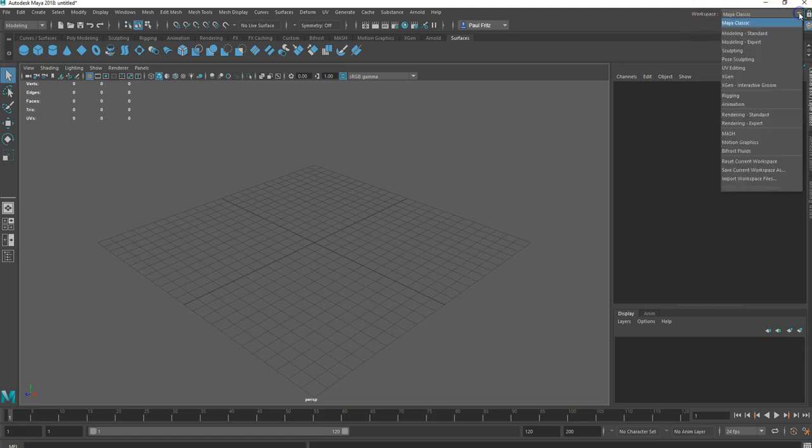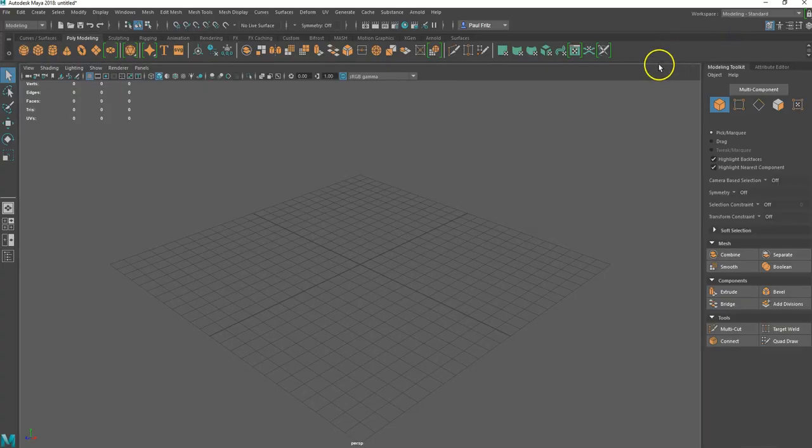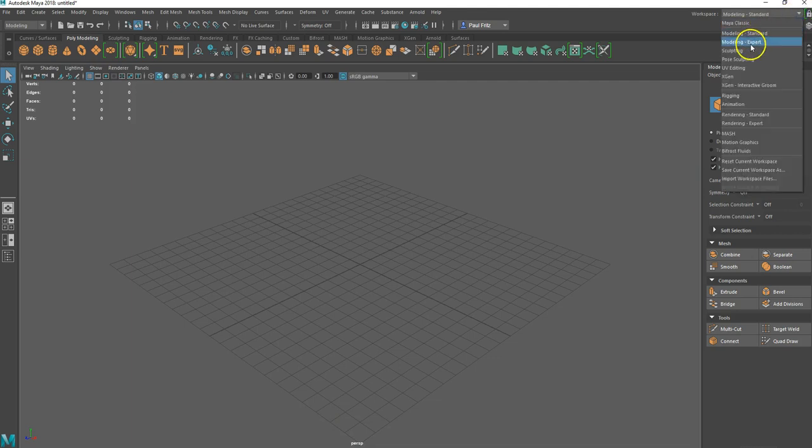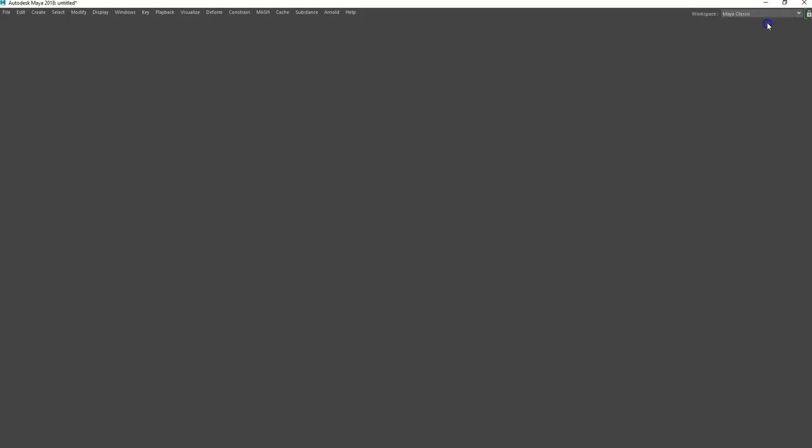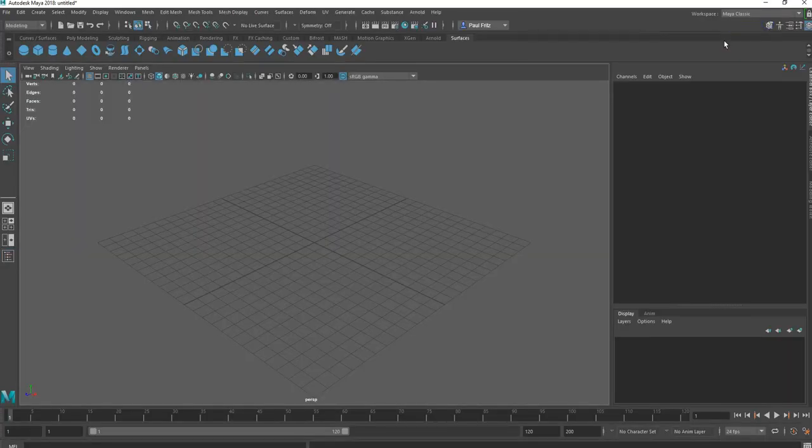If you hit the down arrow, you'll see that there are many different sections to start with. If you wanted to start off in the standard modeling, you'll see that the tab, the animation tools down at the bottom disappeared. And then the same if you went to expert or sculpting, and I believe there's an animation one here as well. So they focus on whatever task that you're working on at the time. I've been using Maya for a while, so Maya Classic feels comfortable to me, and that's usually where I will